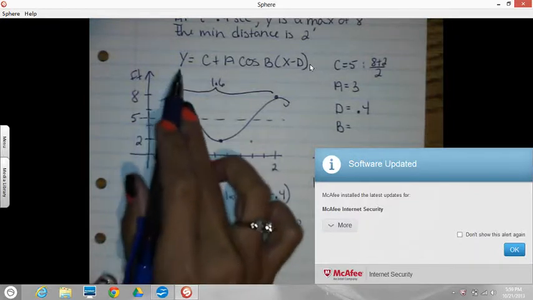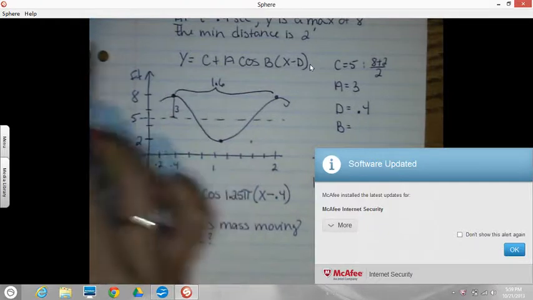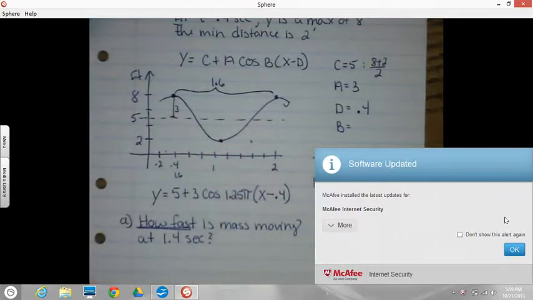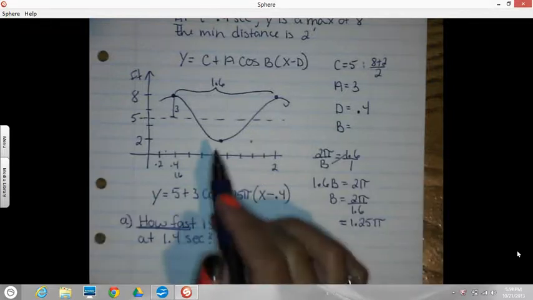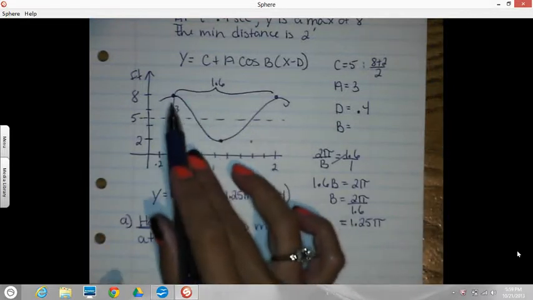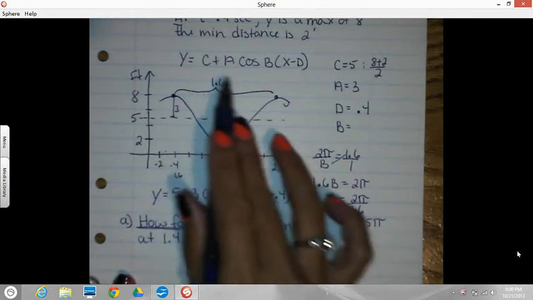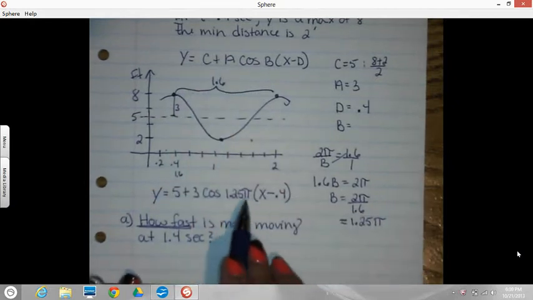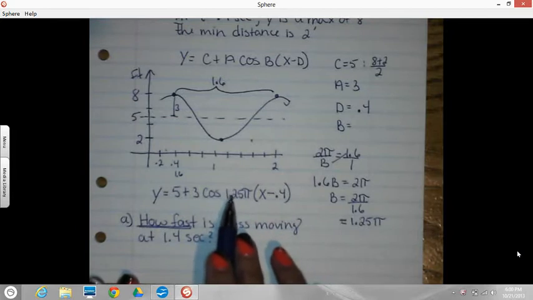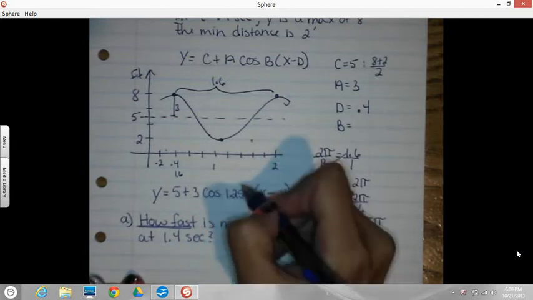So we've got to do the derivative of distance to get the velocity. So, derivative here. Be very careful here. I think it's best to distribute this in. Otherwise, there's